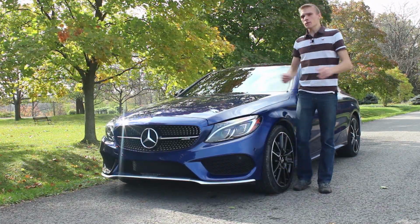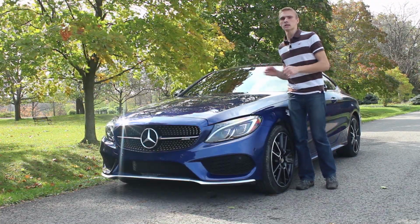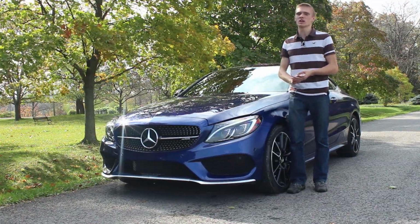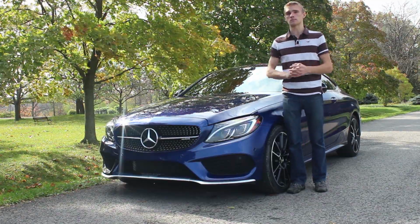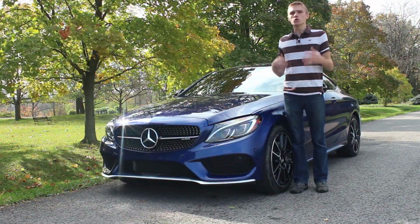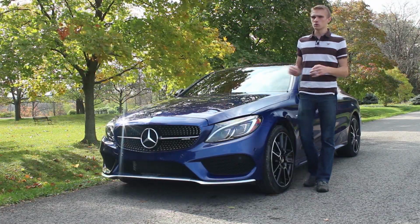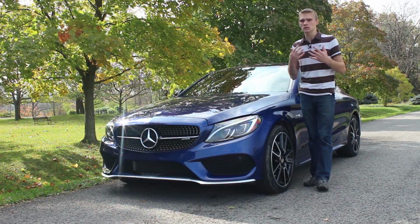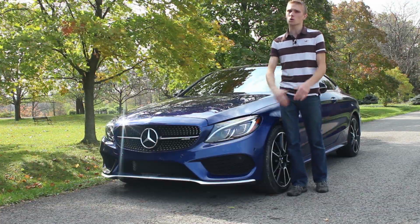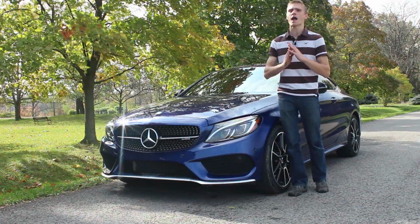So, to get away from the performance for just a second, the interior fit and finish is amazing. This guy's got it specced out with red leather and carbon fiber on the inside console. It's just a beautiful place to spend some time. And when you put it in eco mode, it is definitely a place where you could spend a long period of time. It's not a harsh sports car. But when you turn on the suspension to sport mode and sport plus mode, and when you turn the engine to sport plus mode, open up the exhaust valves, it becomes an entirely new beast,